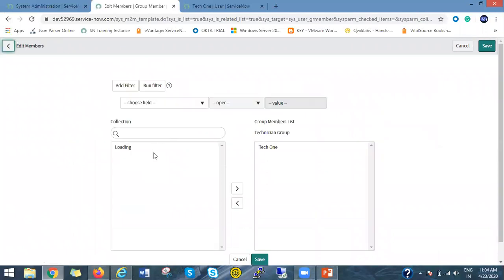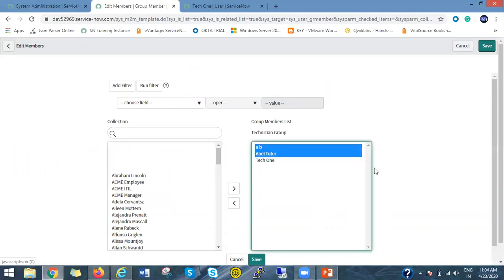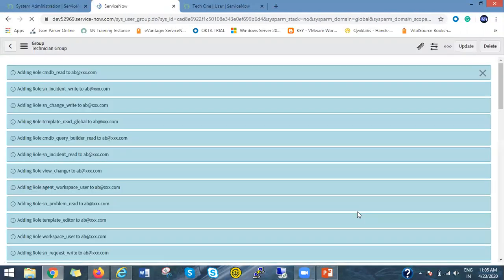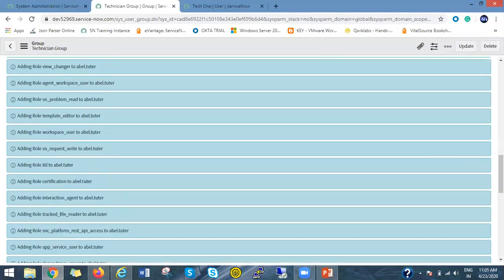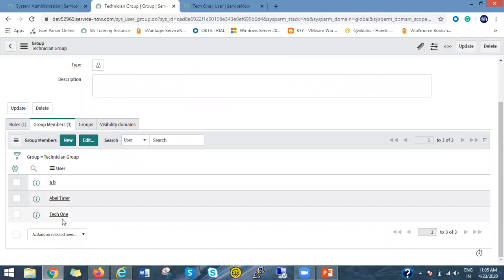Let's say you have added a couple of users, A, B. Automatically these users will be technicians, because they are members of the technician group and that group has the ITL role. So automatically A, B, Abel Tuter and tech one have the ITL role associated with them. The benefit is that you don't have to open each and every record and add the role.